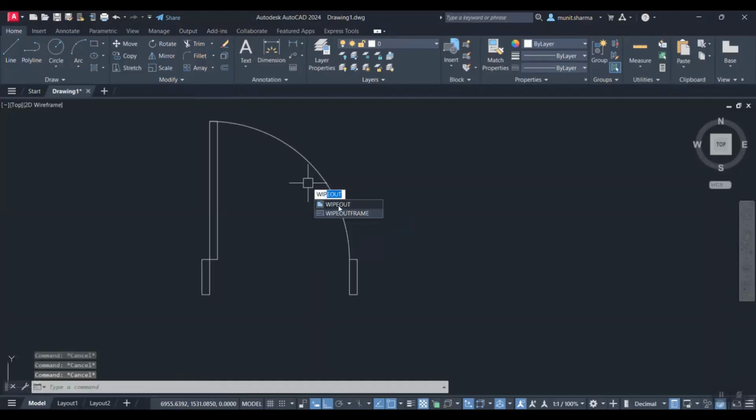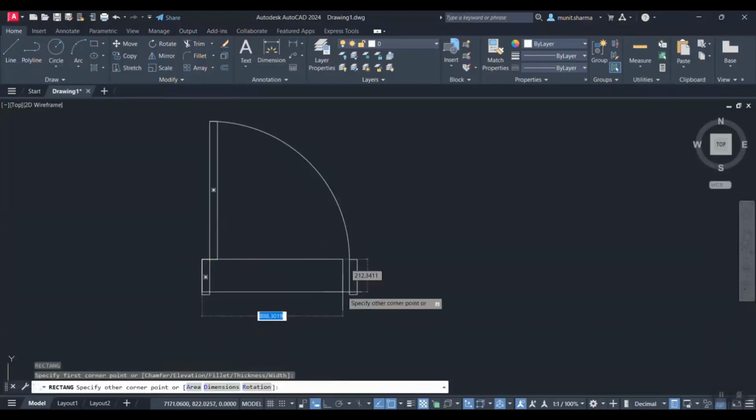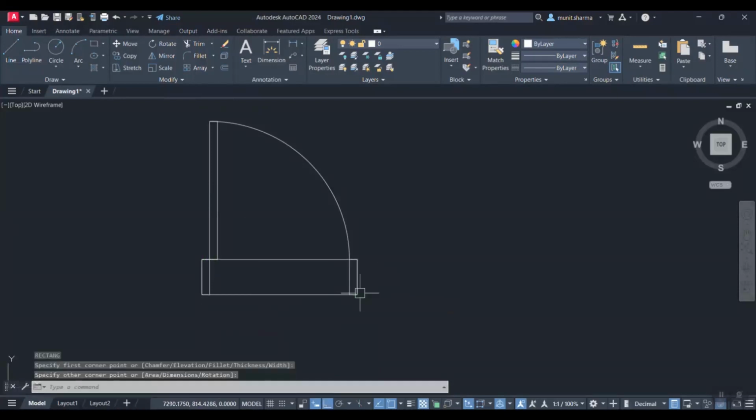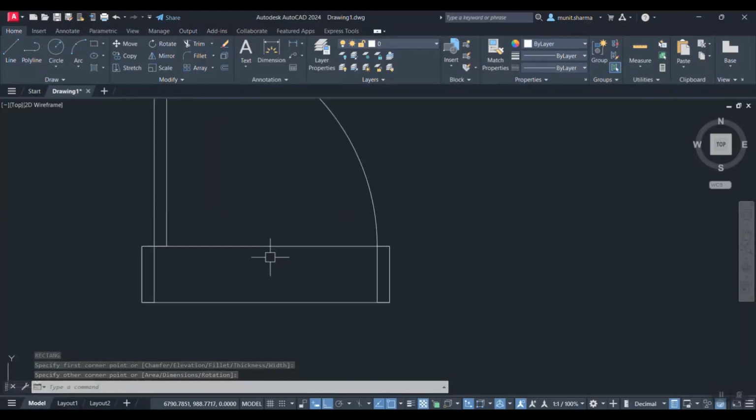I wanted to create this one with the wipeout. Wipeout is something you utilize for the things which you want to hide, right? So right now I'm making a rectangle, and that rectangle is going to help me create those blocks which I want to hide for my walls. All right, so after doing this stuff,